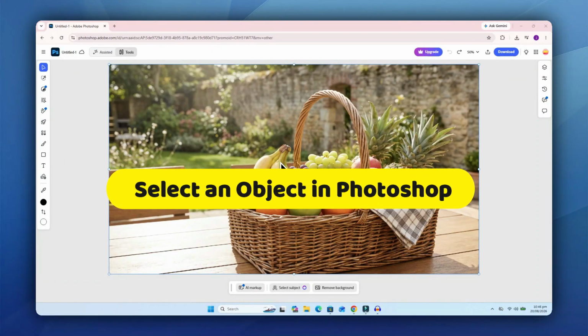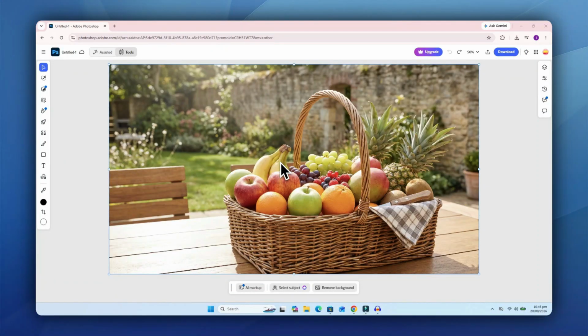How to select an object in Photoshop. Looking for the easiest way to select an object in Photoshop? In this video, I'll show you the latest methods you can use to quickly select people or other objects in